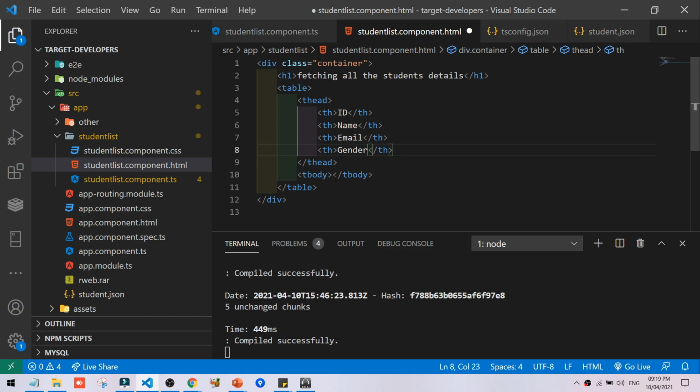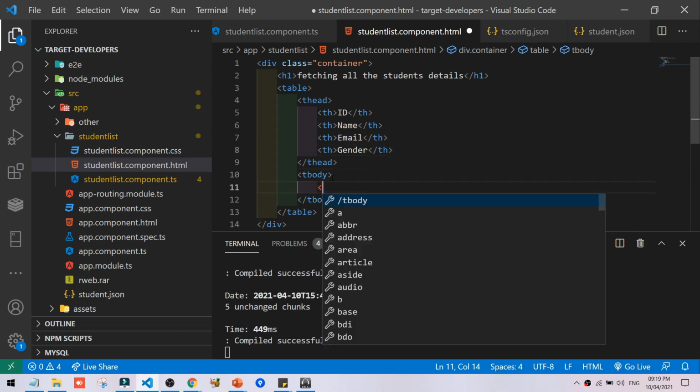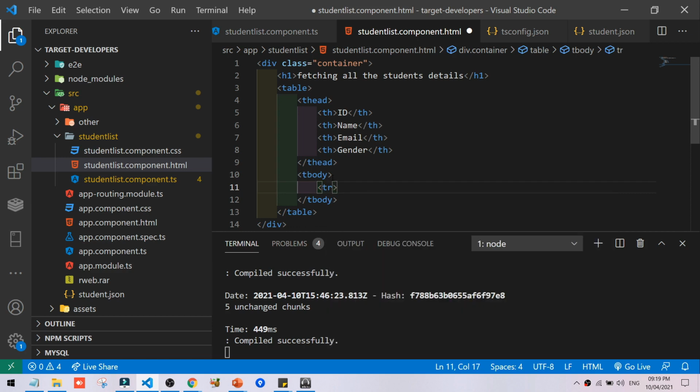Okay, now we will go to tbody. In tbody, we are using a tr row here. Inside this row, in columns td, first column.